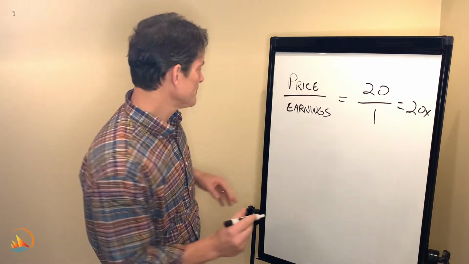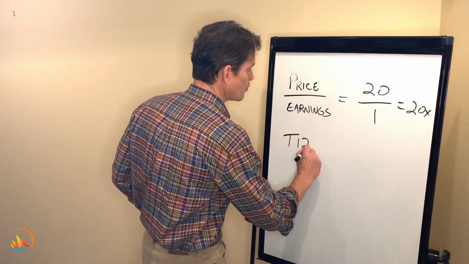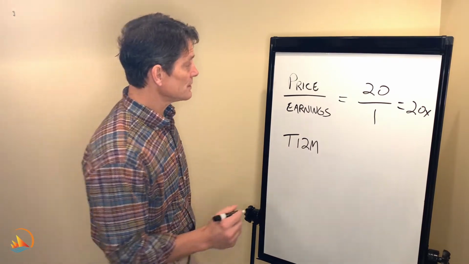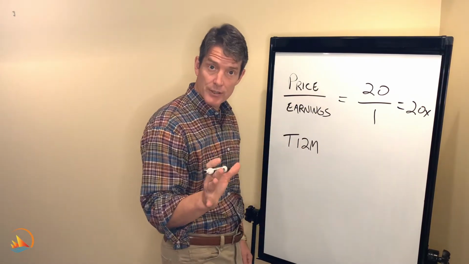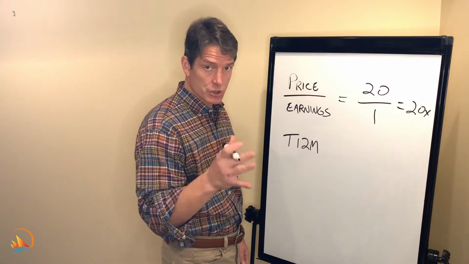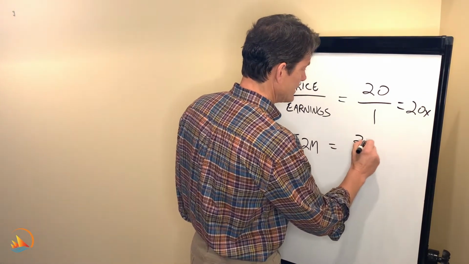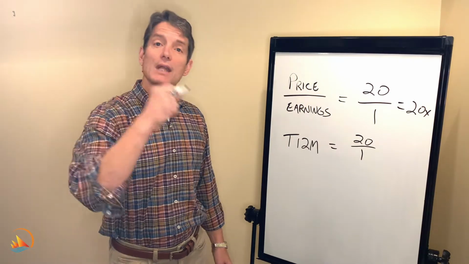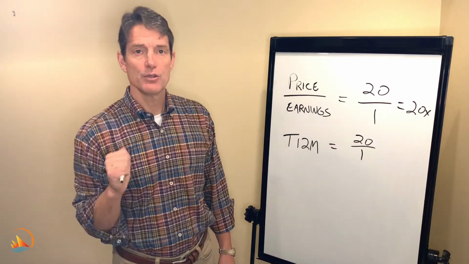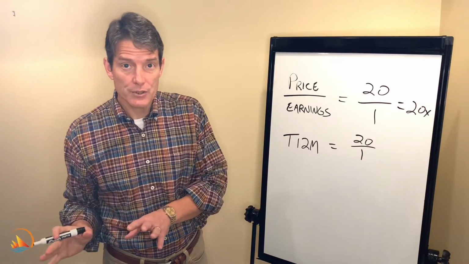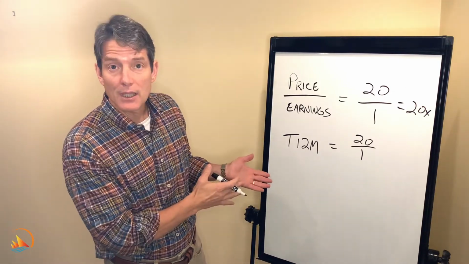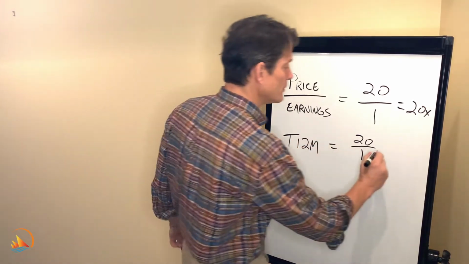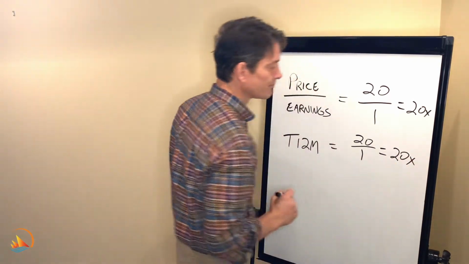All right, the first one is what we call trailing 12-month PE. T12, all right? What this means is that the price, and by the way, this is the good part, the price never changes. The price is just the price. So the price is 20. The earnings underneath are the earnings for the last 12 months. They're in the rearview mirror. You don't have to guess about them. You don't have to wonder. That's the great thing about this particular PE. There's no guessing here. You know the price. You know what the last 12 months earnings are. You know that you're paying 20 times earnings.